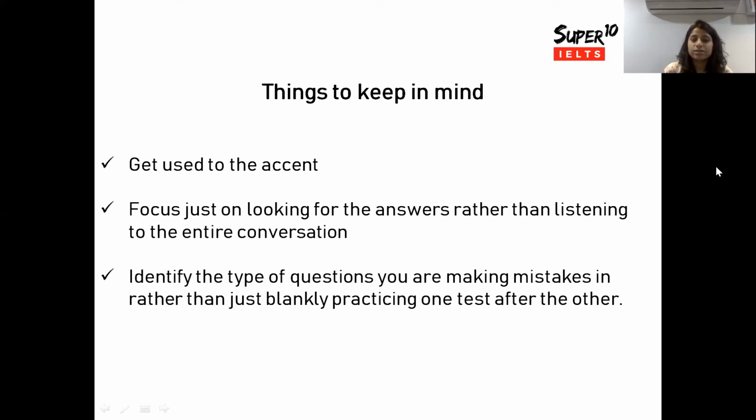Next thing is focus just on looking for the answers rather than listening to the entire conversation. Now this has happened to me also. When I started the listening test a few years back, I was focusing on understanding the entire conversation, which actually helps you improve your listening, but it doesn't help you completely in answering the required questions. So just look for, like you will get the time to look at the questions first before you listen to